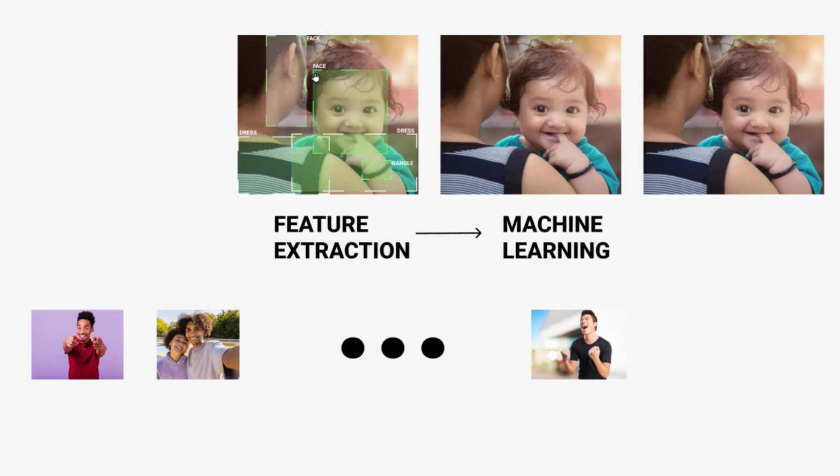The next set of algorithms which we shall look at function slightly differently, though the concepts of feature extraction and machine learning are still part of them. These algorithms are known as deep learning algorithms, and deep learning is a branch of machine learning which are made